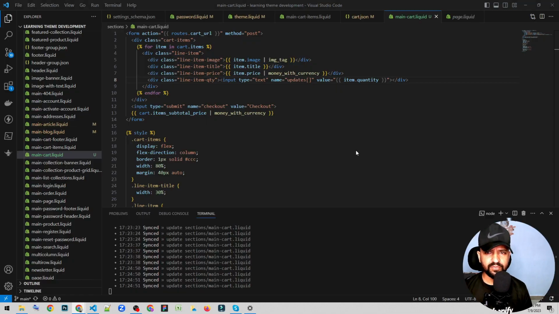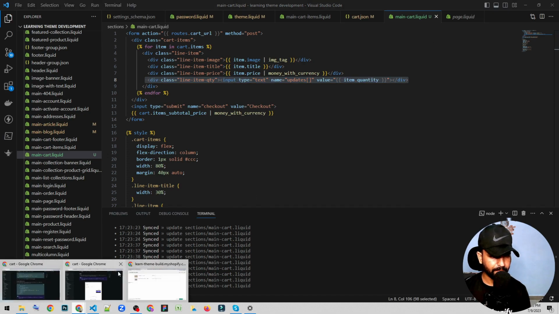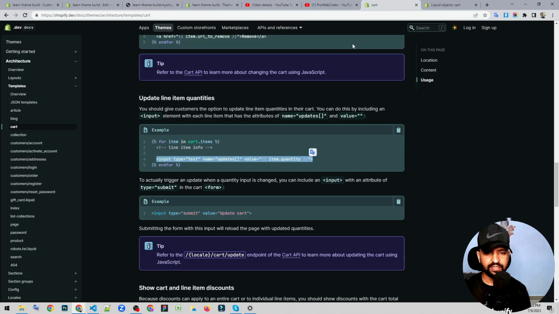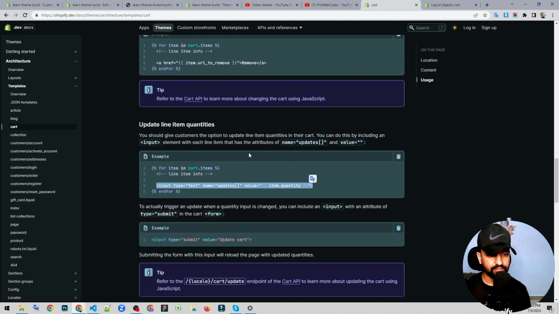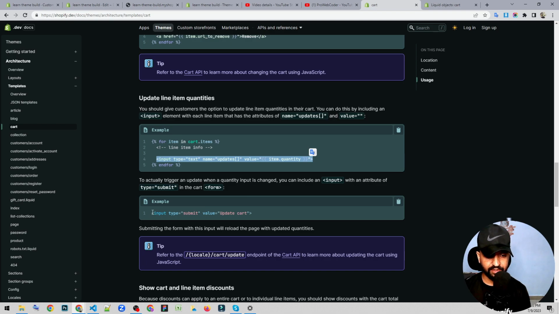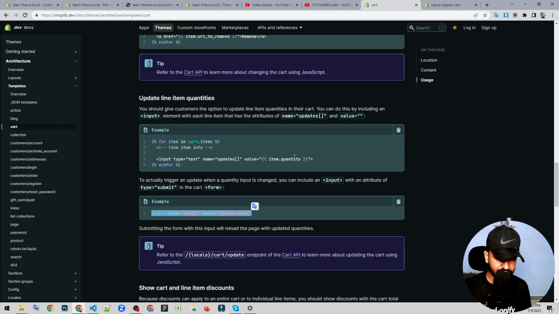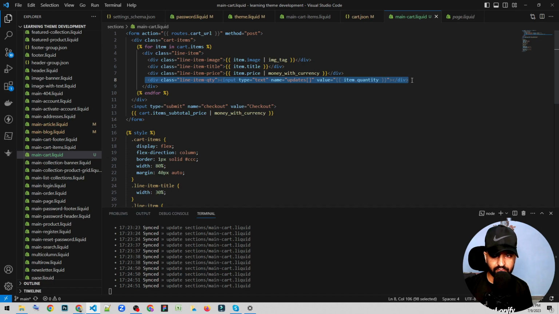So I think that gives you enough information about this. And again, if I want to remove it, we'll have this remove. So one more thing, if you want to update the quantity, you can just use this submit. And there is another way which is through JavaScript, which I'll be telling in later chapters when I'll be building a complete theme. So just for now, we can just have this another